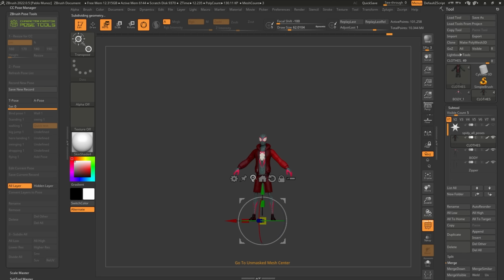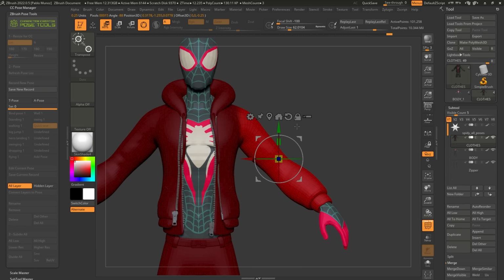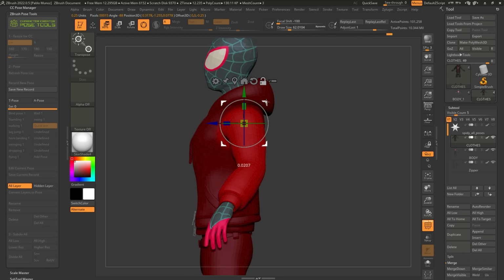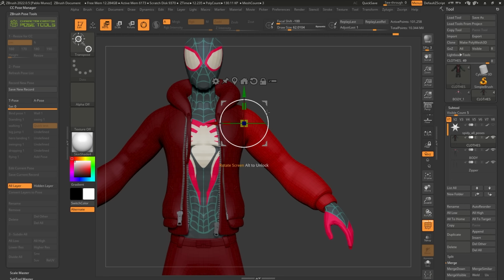So I'm going to press this icon to center it to the unmasked areas. I'm going to hold the Alt key to drag the pivot. I'm going to place it around there, holding Alt just to reposition that pivot, and then I can just go ahead and move this thing around. Now you see that I'm moving only one subtool at a time, but if I undo that and click on this icon to transpose all selected subtools, I'm going to click on that. You'll see that now I'm going to be able to move all the subtools at once.